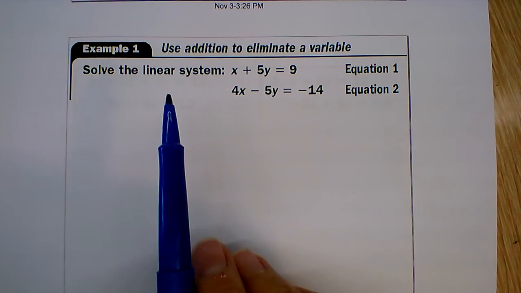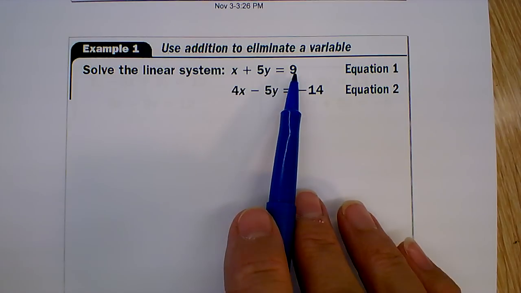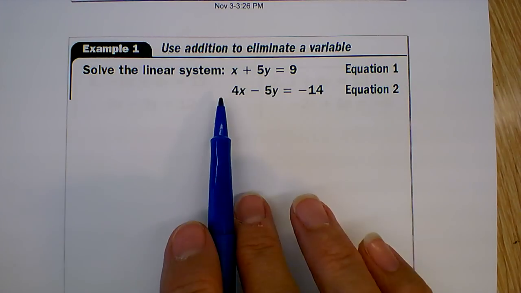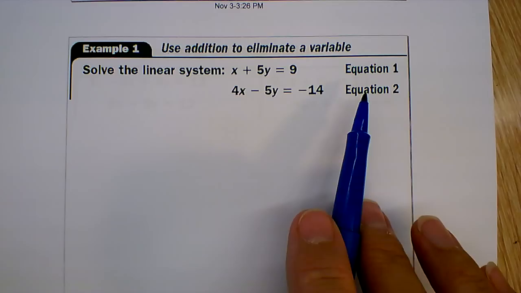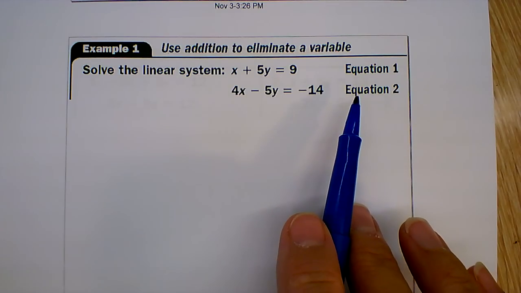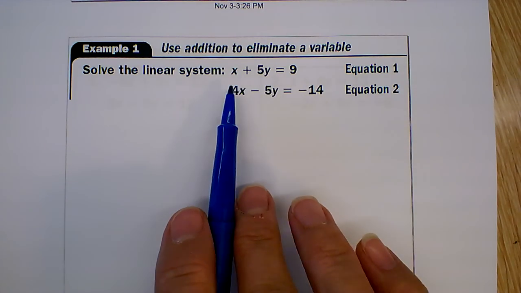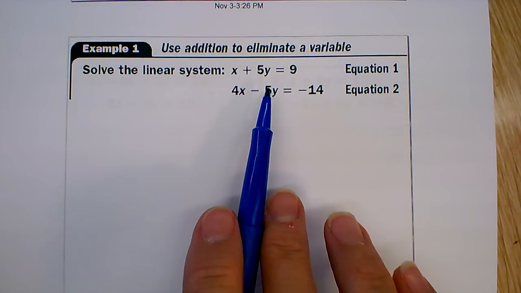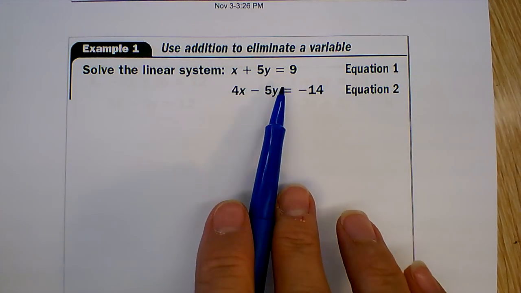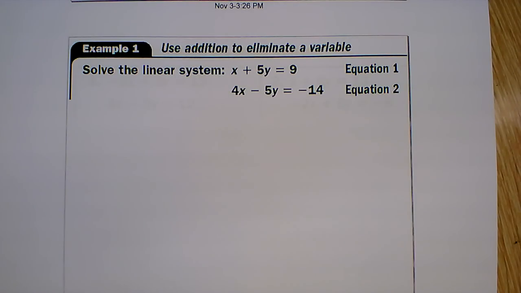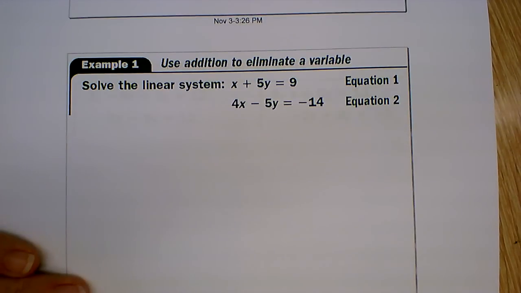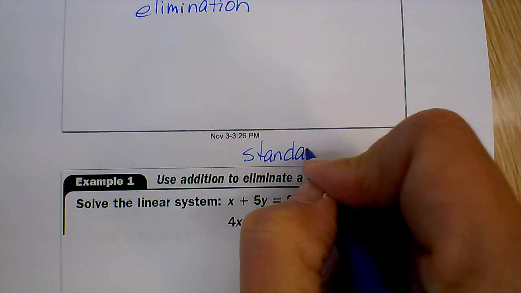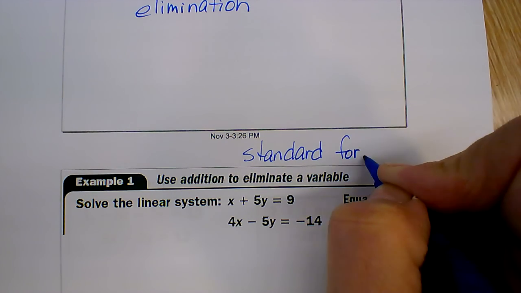So in this case, we have a linear system, x plus 5y equals 9. We're going to call that equation 1. 4x minus 5y equals negative 14, and we'll call that equation 2. Now you can see we have them lined up so that the x's come first, and they're one above the other. The y's come next, and then we have our equal sign and our constant. And if you recall from earlier in the year, we call this a special form of the equation of a line, and we call that standard form